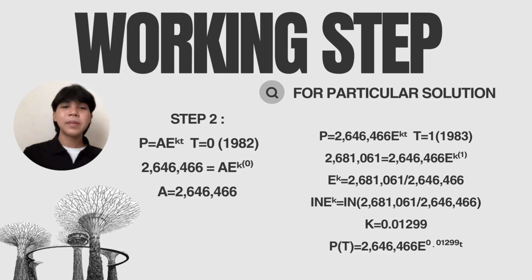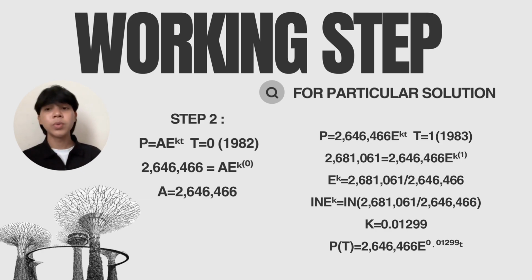Alright, for this part, I'm determining the exponential model for the population. We start with the standard exponential equation, P equals A e to the power of kt. At t equals 0, which is the year 1982, the population is 2,646,466. So when we substitute t equals 0, P equals A e to the power of 0. And since e to the power of 0 equals 1, we get A equals